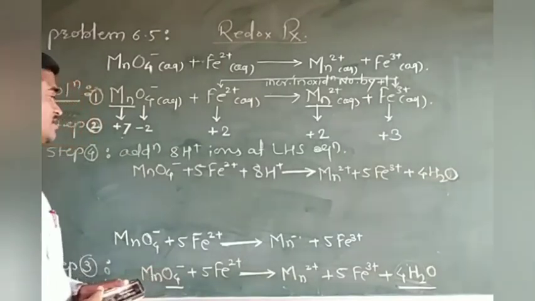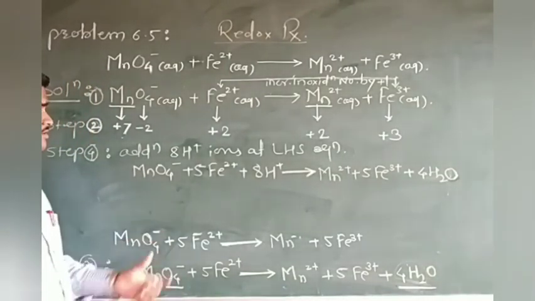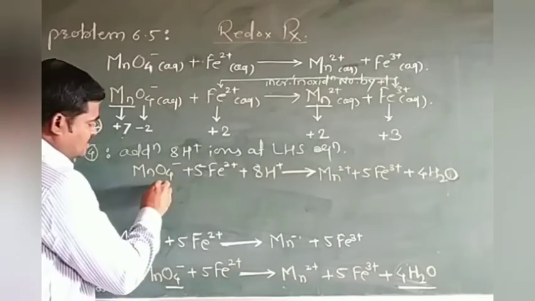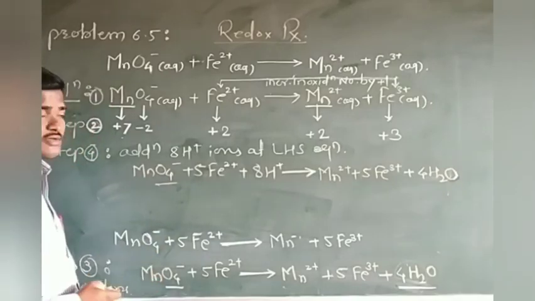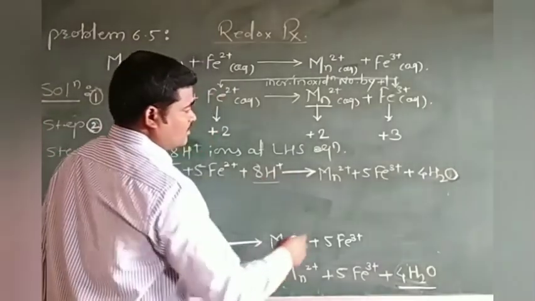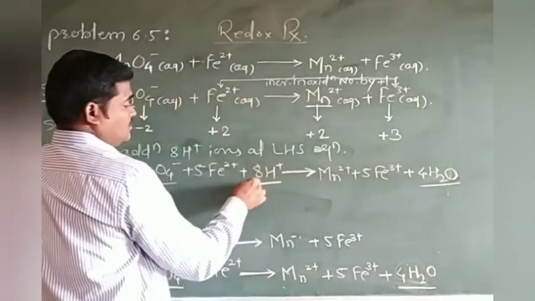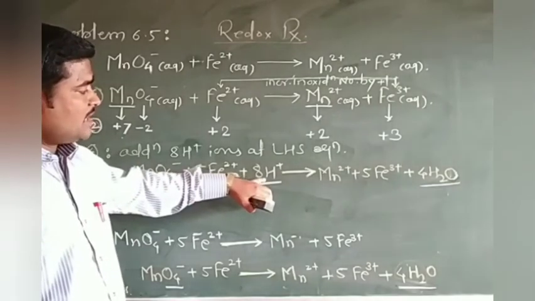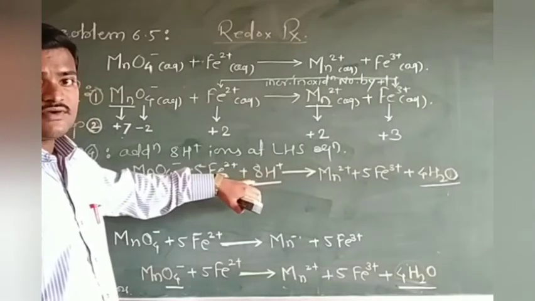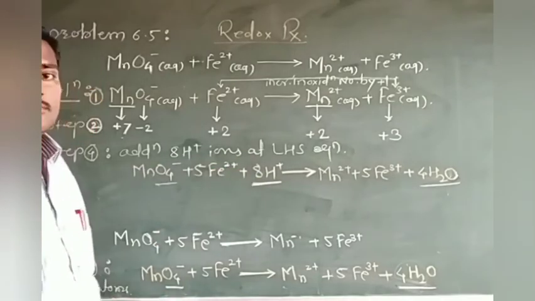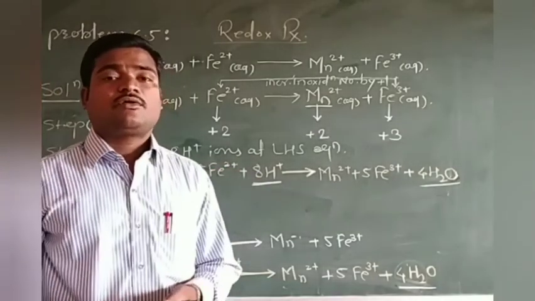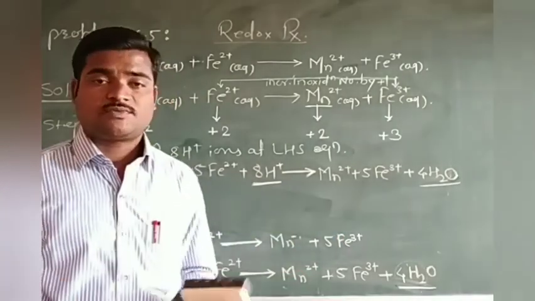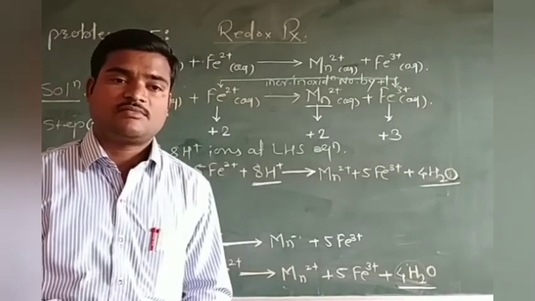And after this, if we observe this equation, you will see oxygen atoms are also balanced in this equation, which we already did in step number 3. But here, we have taken 4H2O at the right hand side of the equation. At the same time, for the balancing, we have added 8H plus ions at the left hand side of the equation also. So this is a very important step. This is what we are calling step number 4. Here in this step, we have balanced the H plus ions as the reaction is in acidic medium.